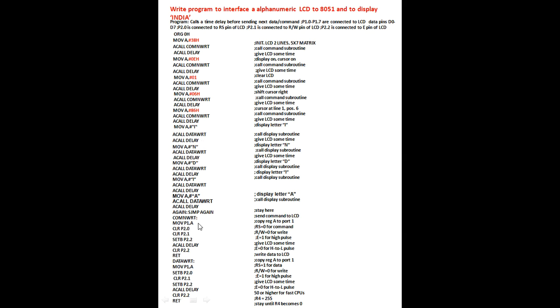And for the command subroutine, what are the things you have to consider? You have to keep the LCD in command mode. Write mode, RW is equal to 0. That's why it is written here. E is equal to 1. That is assigned for the particular bit. Which bits are connected to which port bits, according to that they are selected. You will get this from the interfacing diagrams. That's why I use only those pins of the port which are connected to the particular bits of your LCD. You have to go through the interface diagram to understand. Next you have to call the delay.